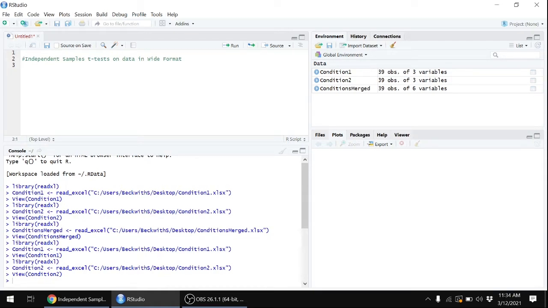Hello. So I got a request to show how to conduct an independent samples t-test on data that is in wide format in R. So when your data is in wide format, what that really means is the values you want to compare, rather than being stacked in the same column, are spread out across multiple columns. So for example,